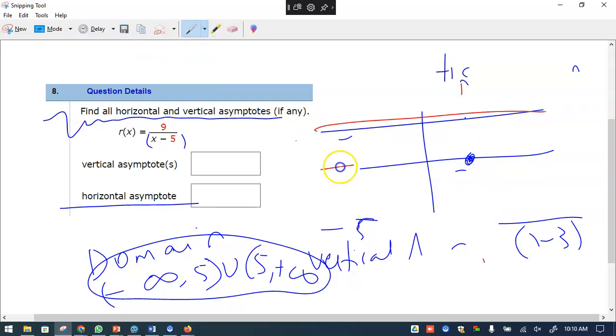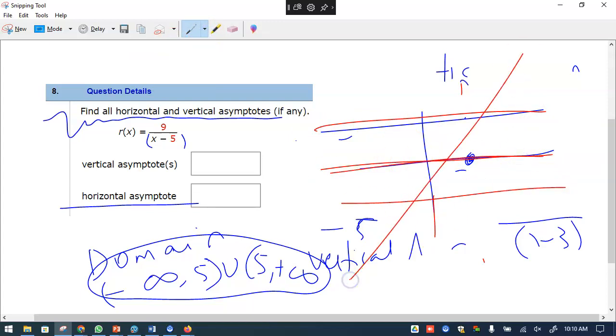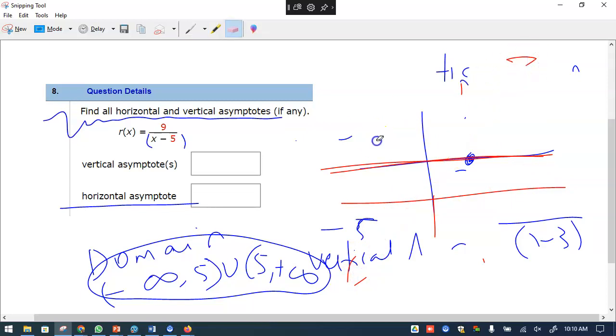So is it the y-axis, the x-axis, or is it negative? We want to know, or maybe it is an oblique line like this, a slant asymptote. So that's what our goal is. And how do we figure out that answer? All you do is, for the horizontal,